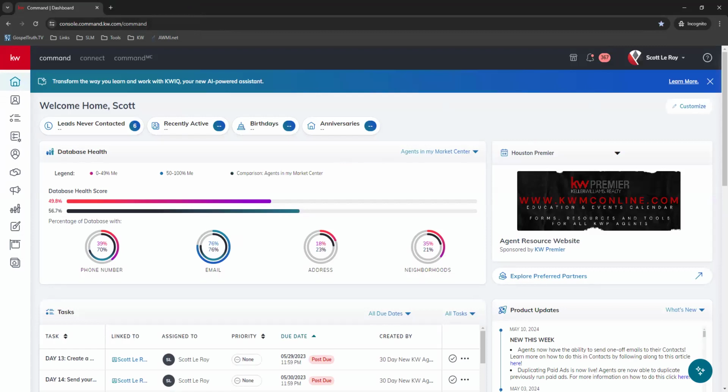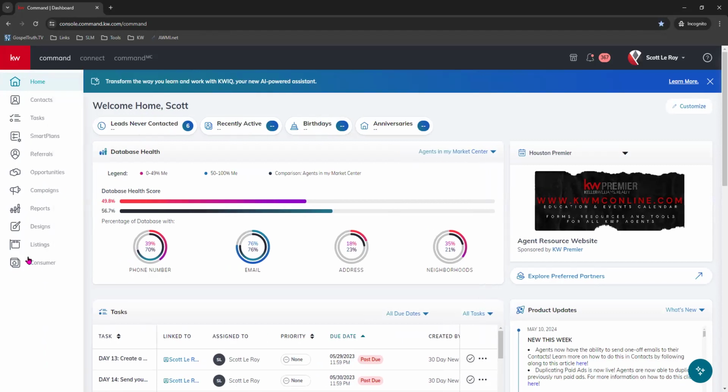And now let's spend a few moments looking through the Command desktop or laptop version so that you can see it from an agent's point of view. If you're looking for your KW consumer app, let me make sure we have nobody in the waiting room. Okay, good. You would come over here to your consumer tab on the left-hand side. If you're not familiar with these icons yet, you can click that red square and pop the names out. So we would click on consumer,